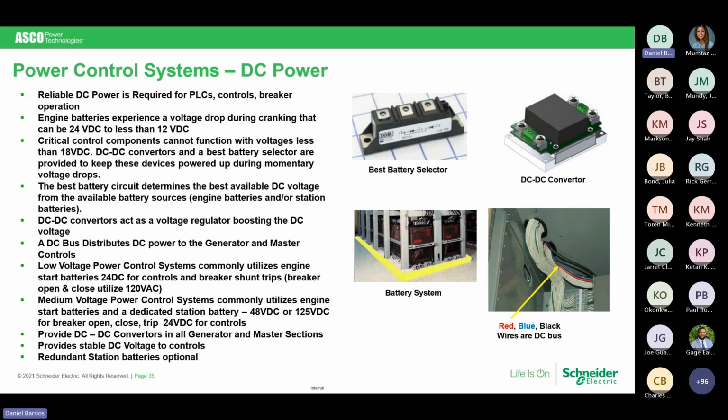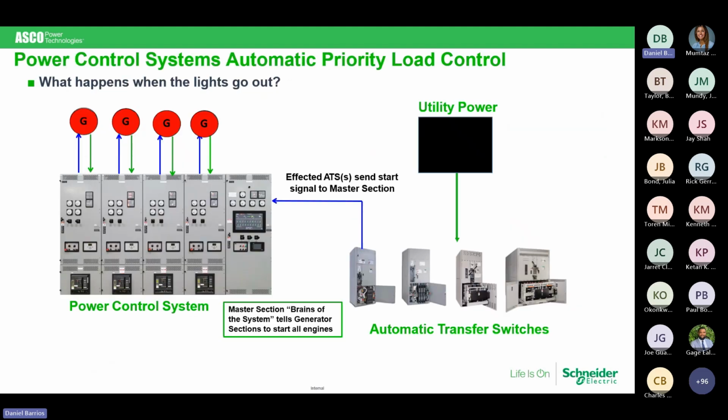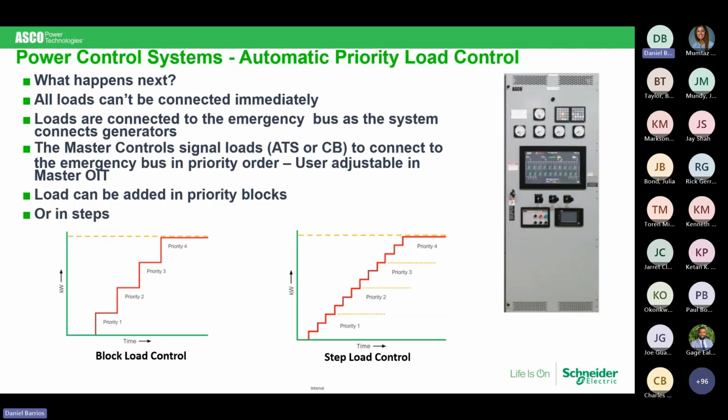In the case of low voltage, we will be utilizing the starting batteries, and you may not require any type of additional battery station. What happens when the light goes out? Well, what happens is that all of the generators will start, as I stated. Priority 1 loads will go, and then as you step this on, you notice priority 1, 2, 3, and 4 in our illustration here. You notice on the left side, we're putting all of those loads, priority 1, 2, and 3. Each one of those is a complete single step.